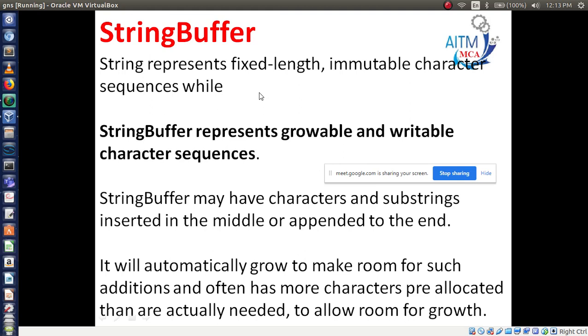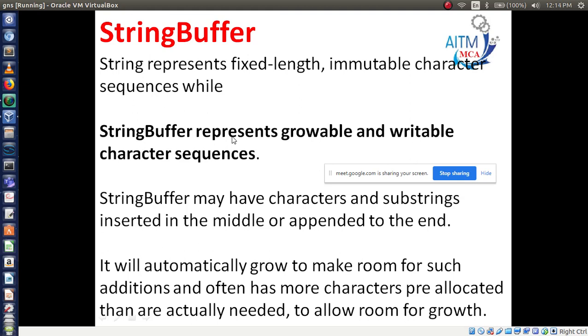But if you define a string buffer, it represents a growable and writable character sequence. It will change your string values with the help of which keyword? String buffer. Basically string means it will not change as it is fixed.